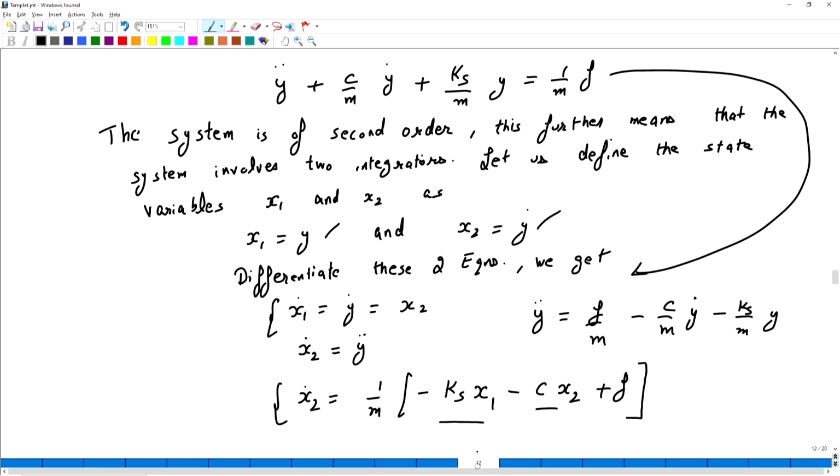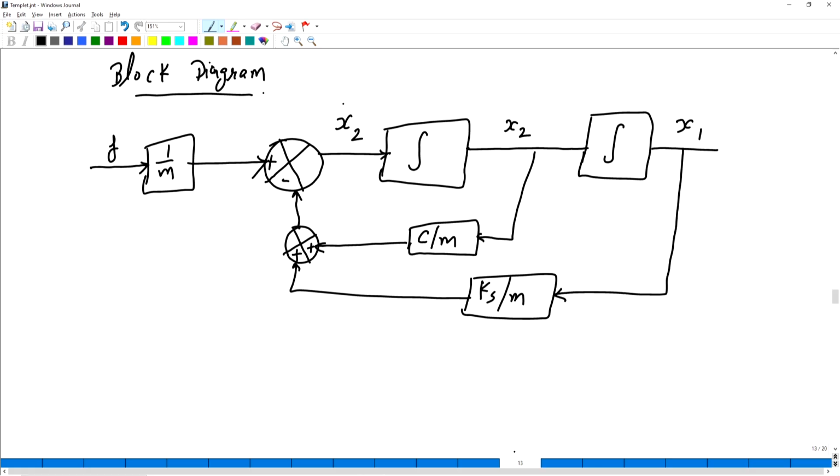Now this transformed system, X1 dot and X2 dot, where there are two integrators, is represented by a block diagram. Going further, one thing I forgot to mention: here the output is X1, that is the displacement.